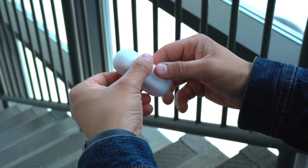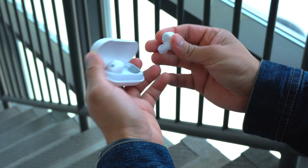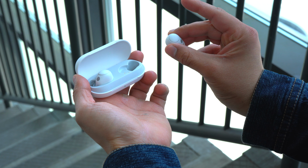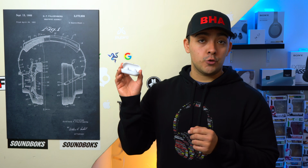So these are the Sony WF-C700N. They're Sony's newest entry-level ANC earbuds, and personally I really like these earbuds because I feel that these are the most comfortable earbuds Sony has made so far, because their sculpt is super sleek. Nonetheless, today we're going to see how the WF-C700N stack up to staples like the Galaxy Buds 2 and Beats